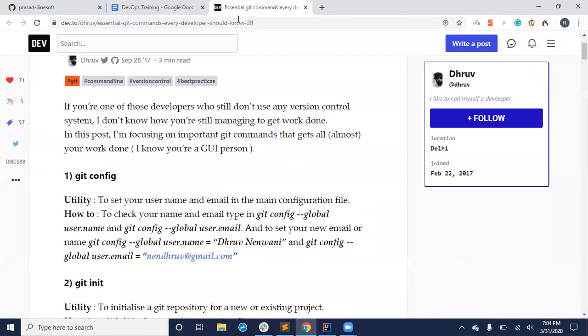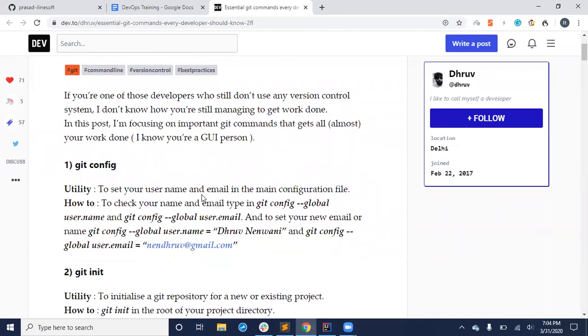I'm not saying this is a complete Git reference, it gives some basics so that whenever you want, you can use it. Normally, if you saw in the last video, while doing the commit and the push, I had to do this. So normally you can do this much ahead.